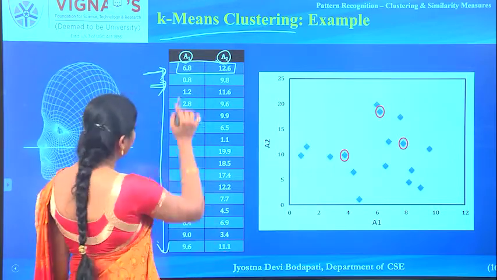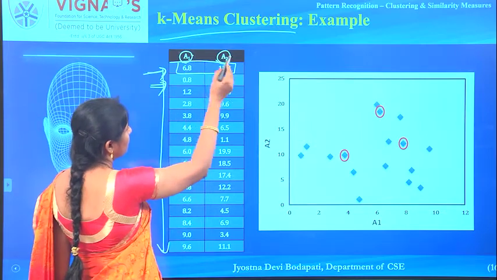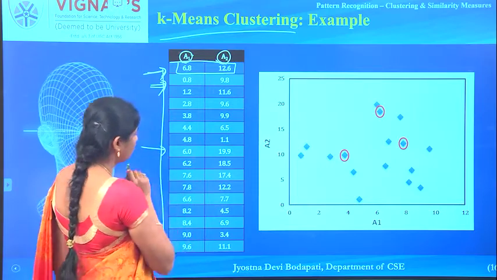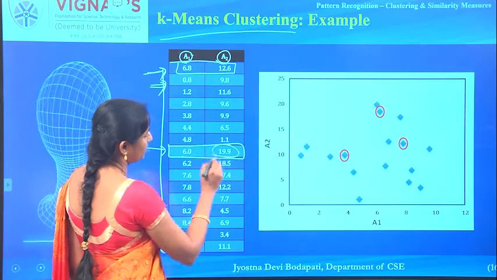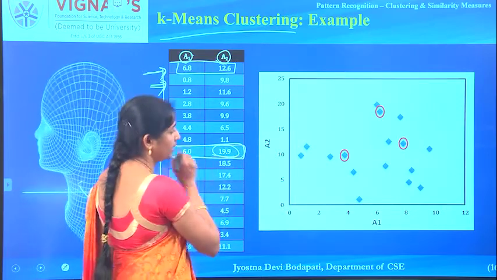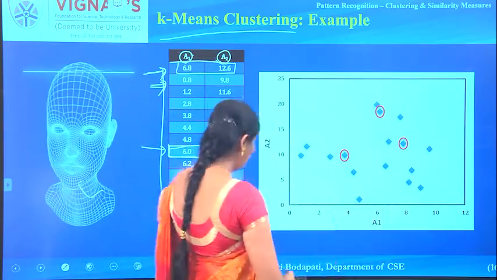Assume that is the task, and I am given some 10 or 15 students, and these are all the grades in the first subject and the second subject. And for the ith student, the first grade is 6 and the second grade is 19.9, something like that. So that is how I can represent each data object, and because it's 2D, I can represent that here.